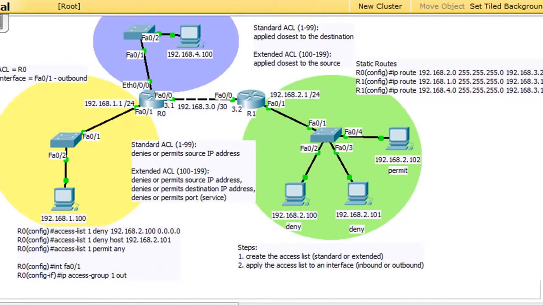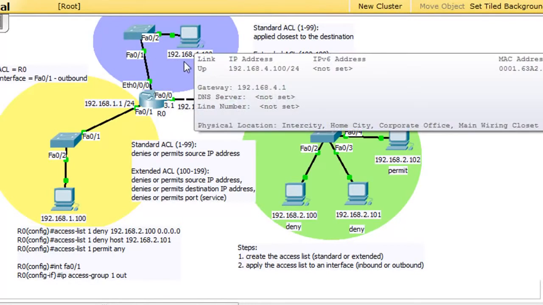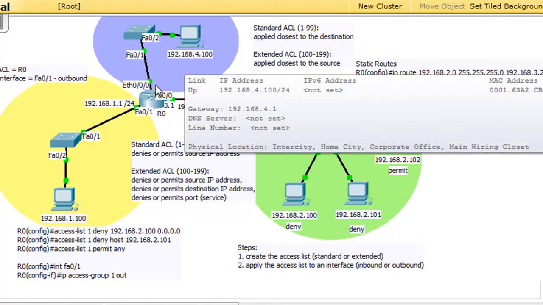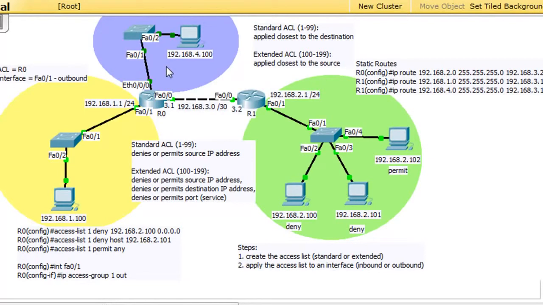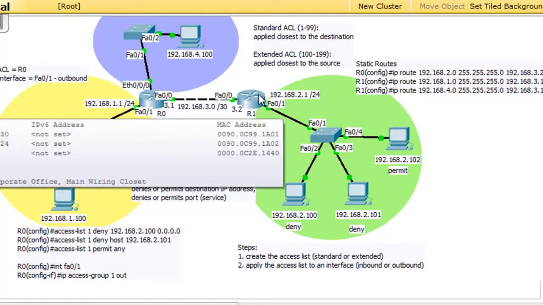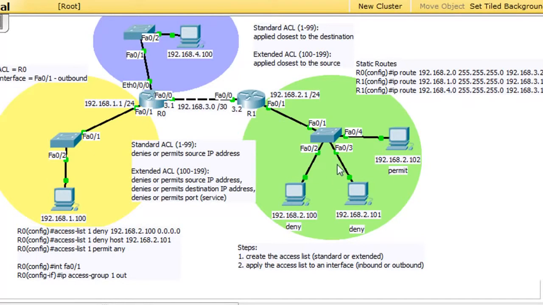Okay, in this tutorial I'm going to talk about why it is that we put a standard ACL closest to the destination. So in this scenario right here, I added one more network up here. This is the 4 network up here, and the computer here is 4.100. The router is 4.1, and what I did was I added on this router here a static route to the 4 network